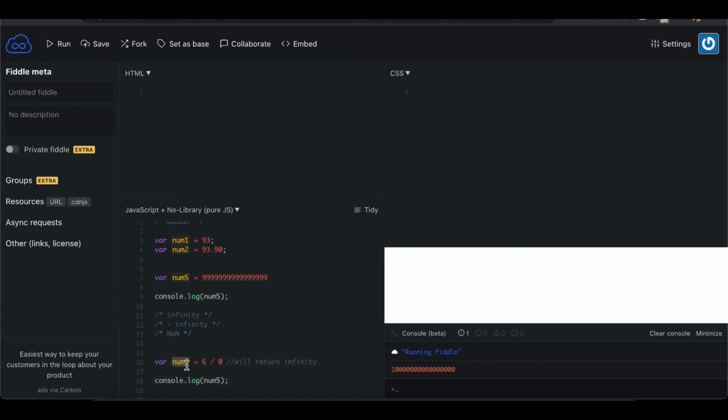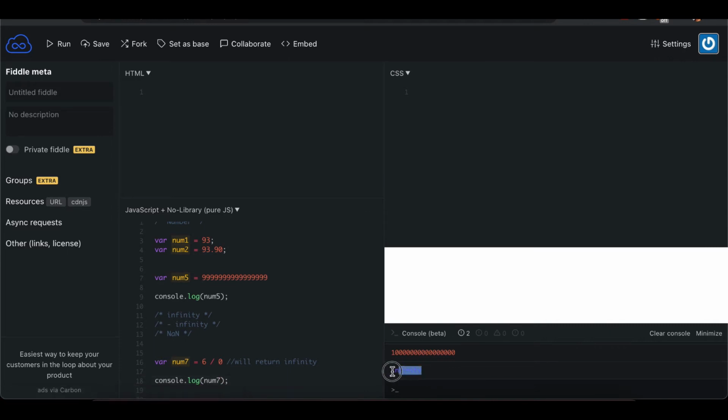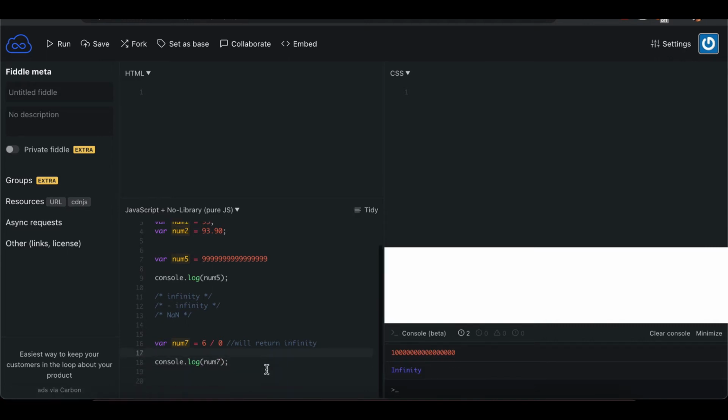We can print it and you can see it returns infinity. Second, let's suppose num8 equal to -5 divided by 0, and this time the infinity will become negative. You can see it has returned negative infinity.